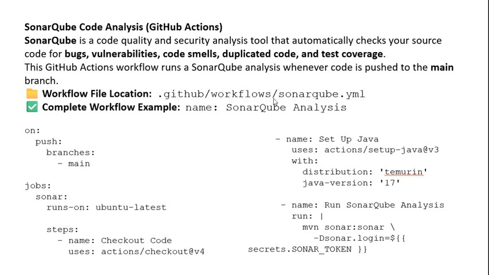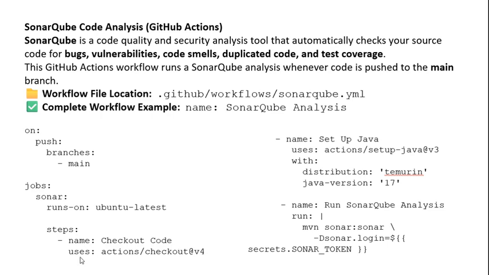The workflow file location is .github/workflows/sonarqube.yml, and a complete workflow example is: name: SonarQube Analysis, on: push: branches: - main, jobs: sonar: runs-on: ubuntu-latest, steps: